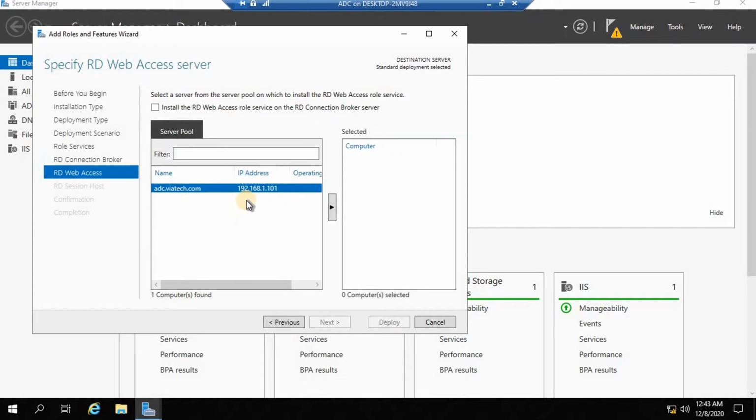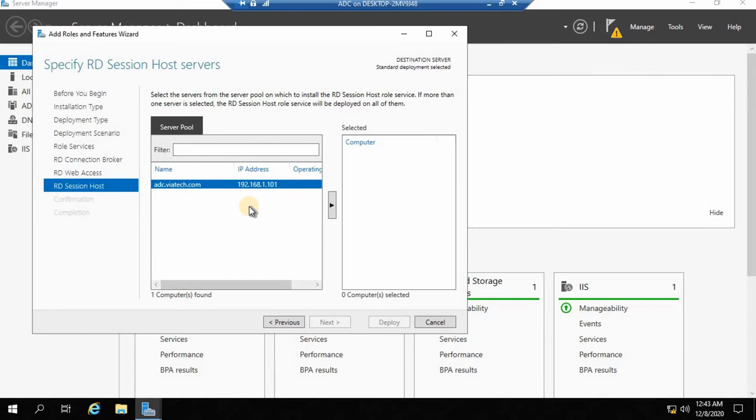Now Remote Desktop Web Access. Which server are you going to use? Select a server from the server pool on which to install RD Web Access. Of course, I'm going to use the same server, so I'm going to give this one. Now the last one left is the session host. For the session host also, I'm going to give the same server, because I've used only one server to install all the roles since we are in the lab environment. So next,